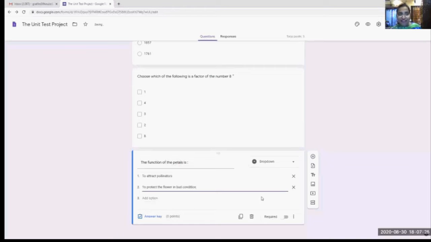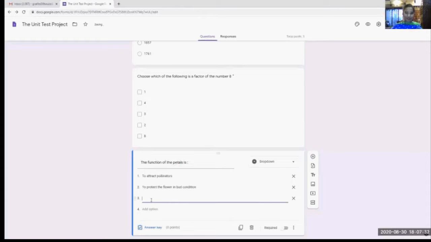Now I could have many other options, but I don't want to waste time here. Maybe I could have another one, and probably that one would be something like, to add fragrance, okay? Or no, I won't say to add fragrance, because petals really do add fragrance. So maybe I say to facilitate reproduction. And I know that's not a function. So to facilitate reproduction. And